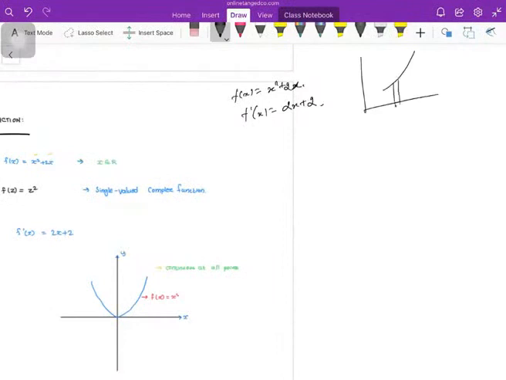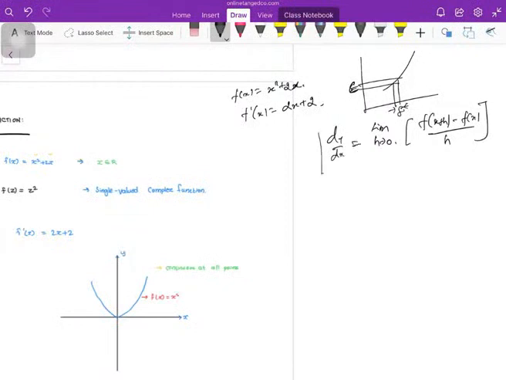Suppose this is a function, and for every delta there is a corresponding epsilon, which means the limits. As h tends to 0, the limit of (f(x + h) − f(x))/h is the definition of dy/dx. You know this very well if you attended my calculus course. This is how we found the derivative and got these formulas.